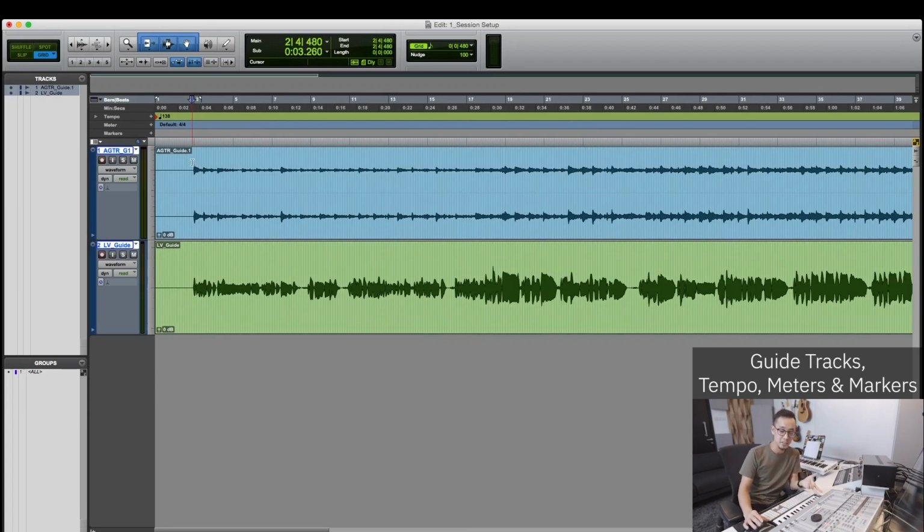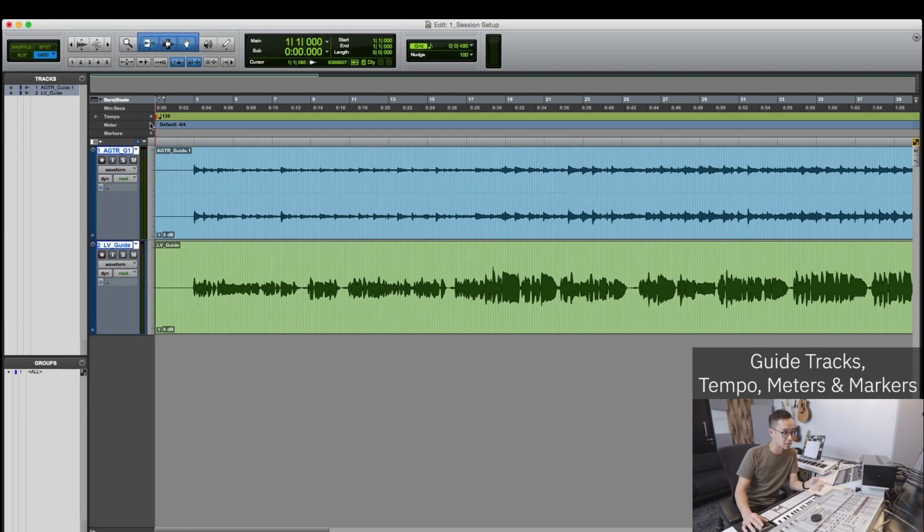Okay, so now that the tempo is done, the next thing we're going to do is set up the meter for this song. This particular song is in 4/4, so usually when you create your new session, you wouldn't need to change the meter. If the song was in 3/4 or in any other timing like 6/8, then you would go to Pro Tools, you'd go to the meter ruler,